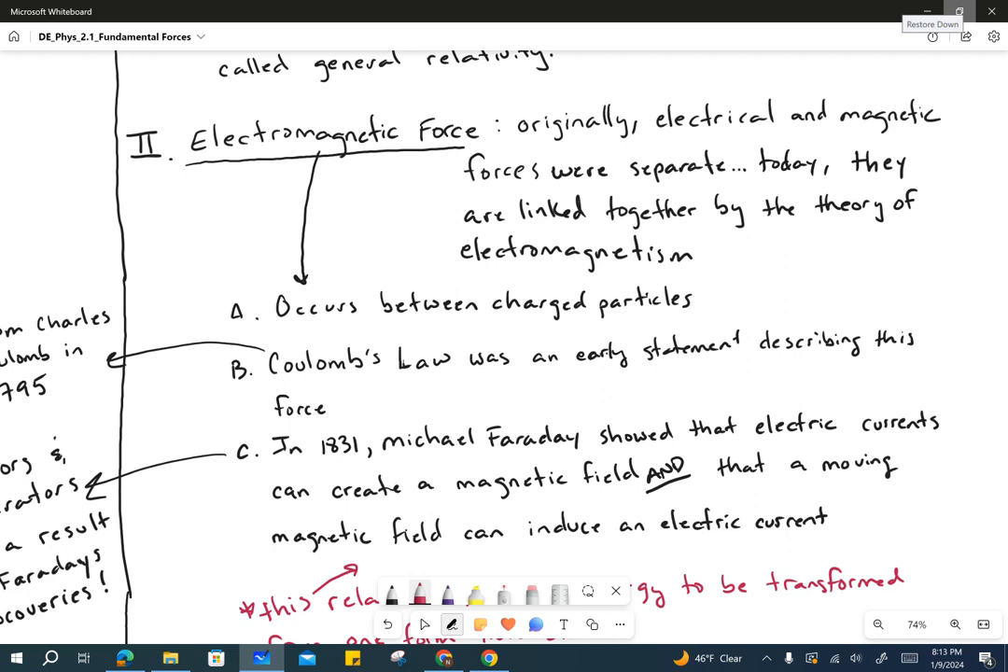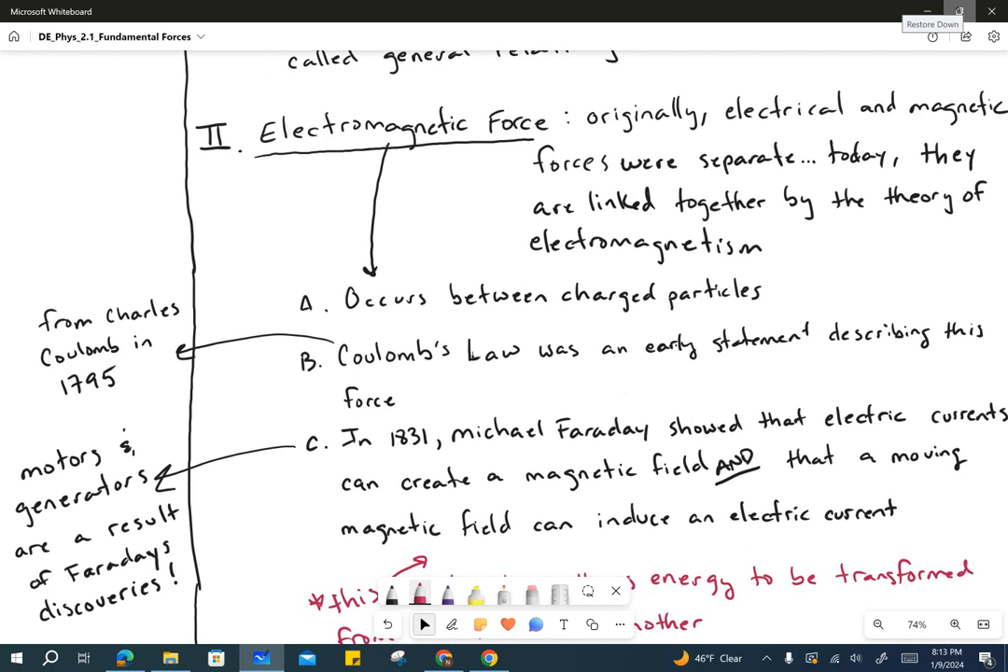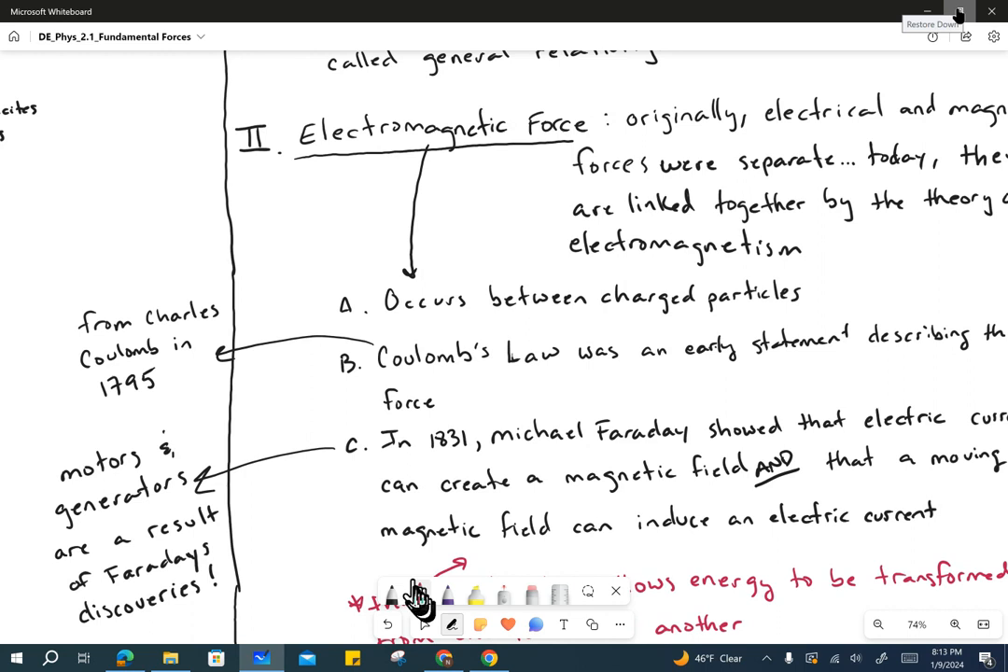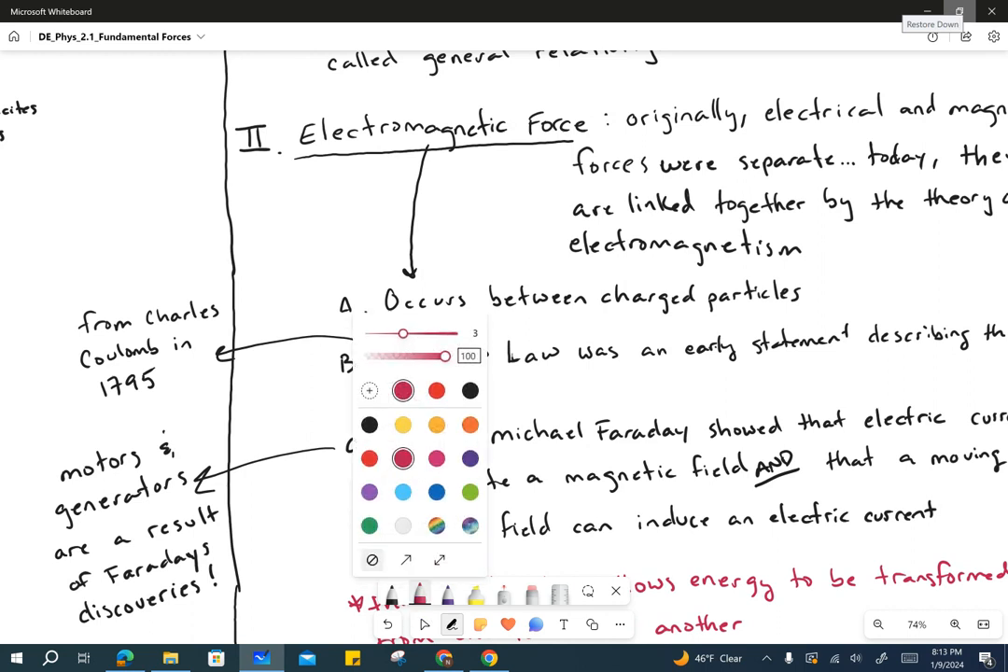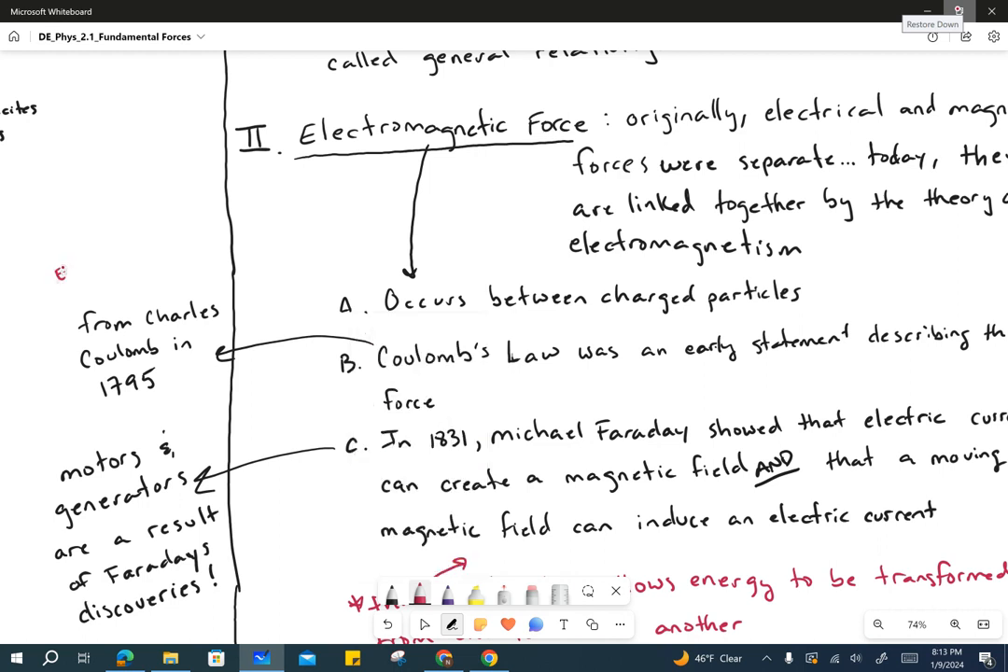Okay. And there was a fellow who was able to describe this with a formula. Coulomb was his name, French man. Coulomb's law was an early statement describing this force, and this came in 1795. And the formula is very similar to the gravitational formula. It says something to the effect of the electrical force is equal to